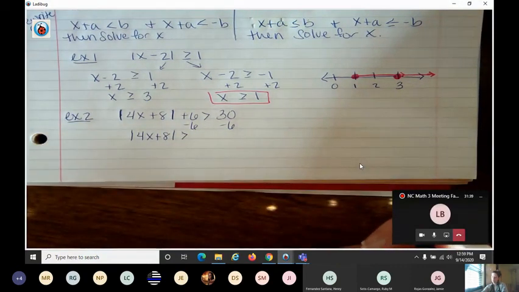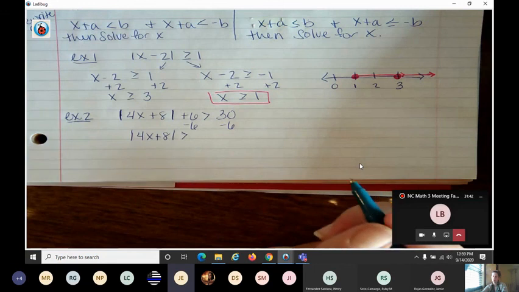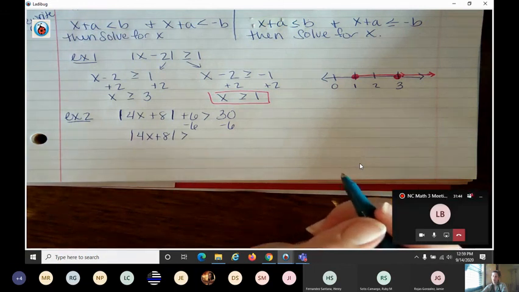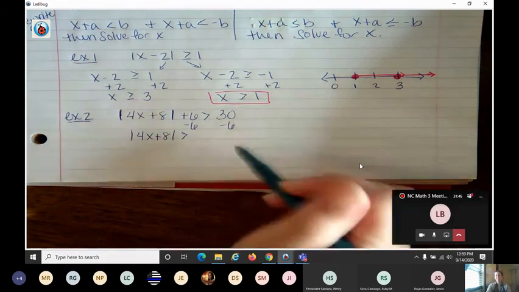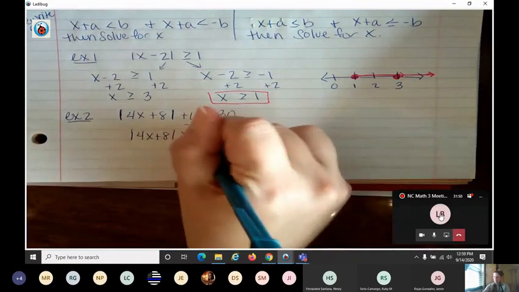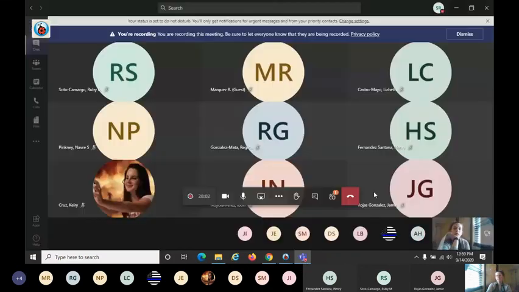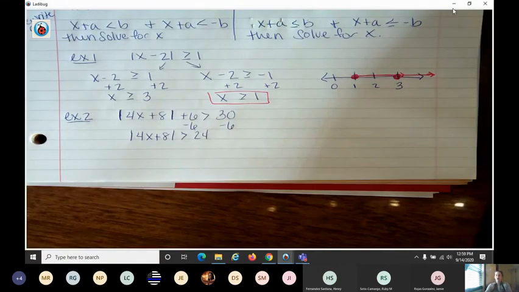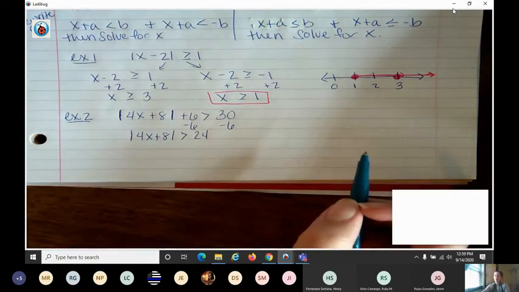So if you have $30 and I take 6 away from you, how much? Oh, it's okay. So 30 minus 6 is? 24. Perfect, 24. Okay, so we have isolated our absolute value. And so now we need to split it into